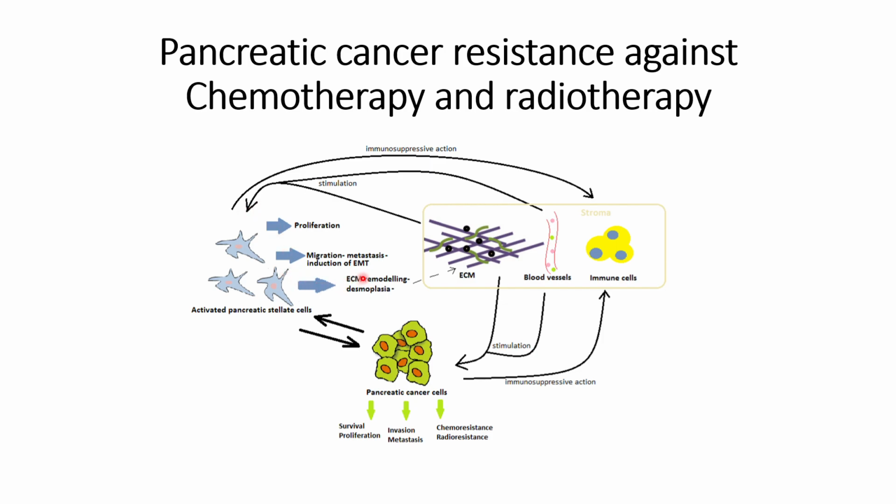Apart from that, this ECM will also induce this EMT characteristic, that is epithelial to mesenchymal transition. We have discussed what this EMT means in our previous videos. So what happens in brief is that the pancreatic cancer cells, which by nature have an epithelial characteristic, that they will remain in their place,